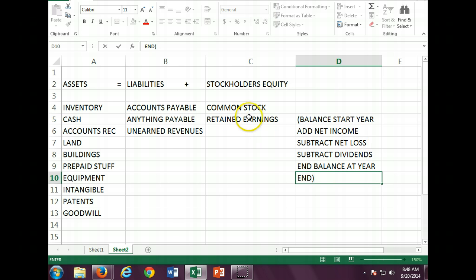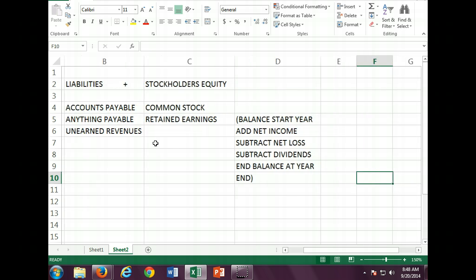Okay? So this is basically the breakdown of the accounting equation. Now, when we're dealing with net income, what comprises net income? Revenue minus expense. Yes. So, basically, our income statement,